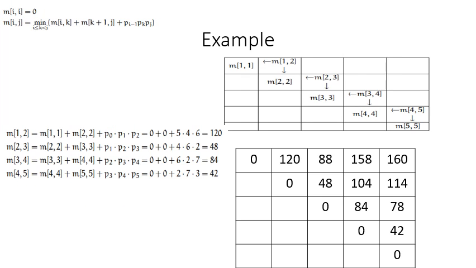Now we have to compute this final value, and here we are multiplying matrix A1 with A5. So there will be four possible values of k, that is k can be 1, 2, 3 and 4. From among these four equations we will select the minimum value, that is 160, and the value 160 is obtained at k equals 3. So the final answer would be 160, meaning 160 multiplications will be required in multiplying this sequence of matrices, and this 160 is the minimum or optimal value.